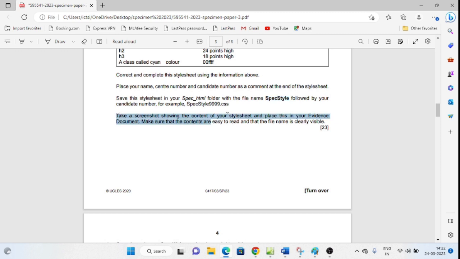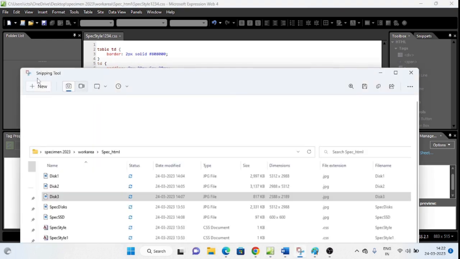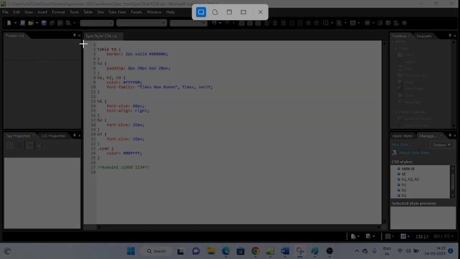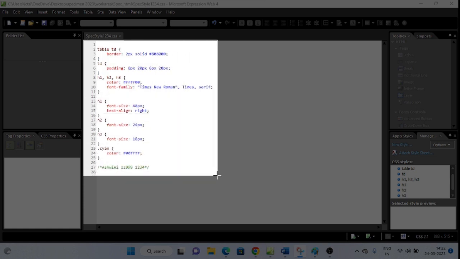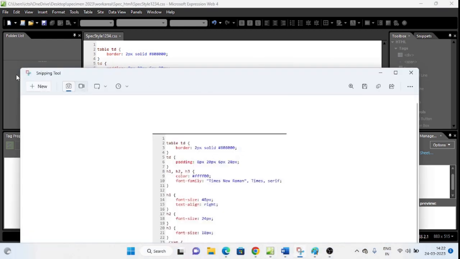Next, take a screenshot showing the content of your style sheet and place this in your evidence document. Make sure that the contents are easy to read and that the file name is clearly visible. So now you have to take the content of your style sheet. So take a screenshot of this and place it in your evidence document. I think you should take it with the name. So I'll take it again.